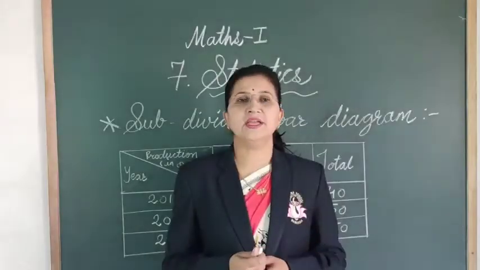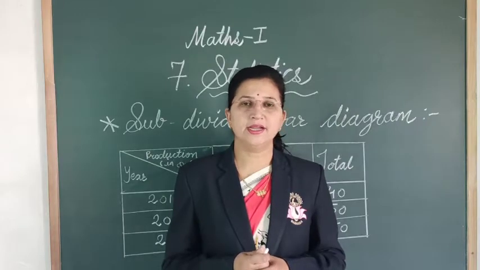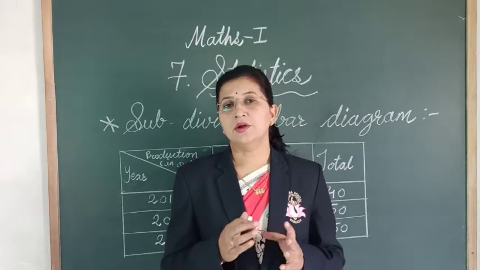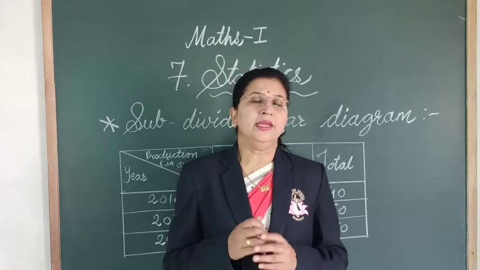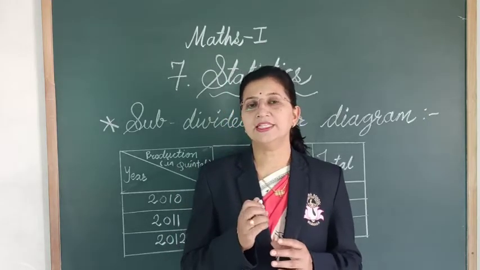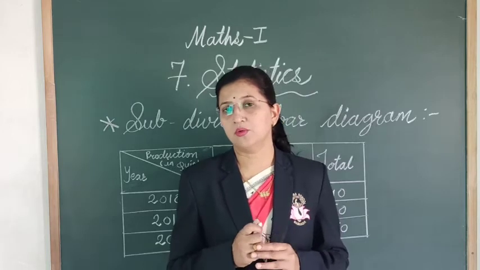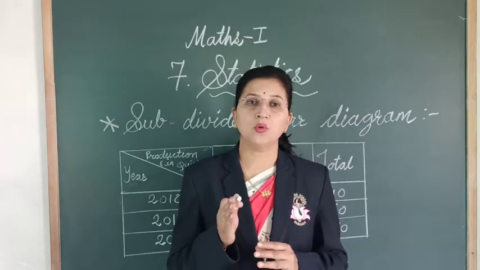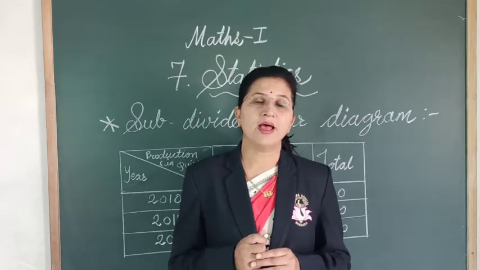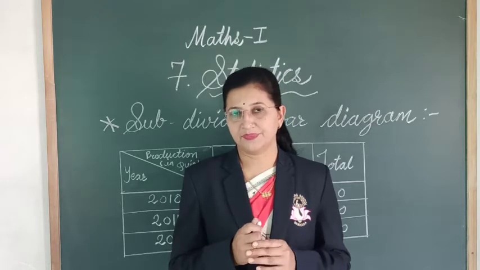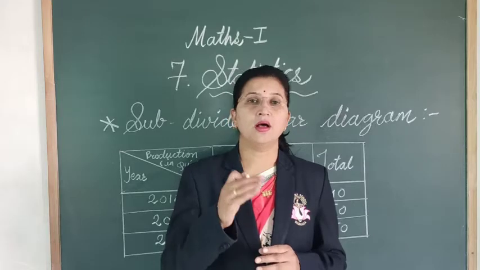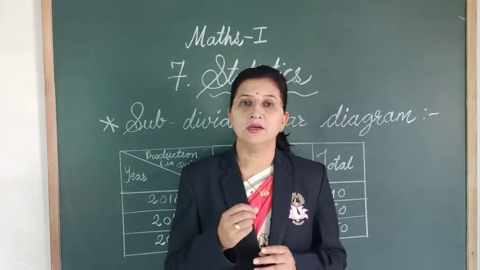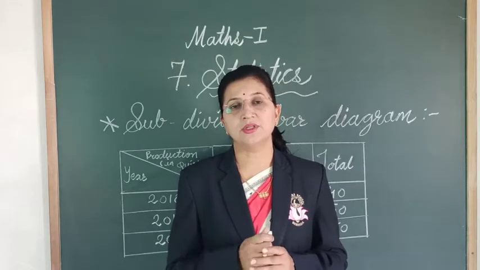To compare the information given in the data, we can also draw another type of bar graph. To draw this bar graph, what do we have to do? Here we have to add the numerical values of the entities. Then decide a scale. Then draw a bar of the total proportional to the entities.